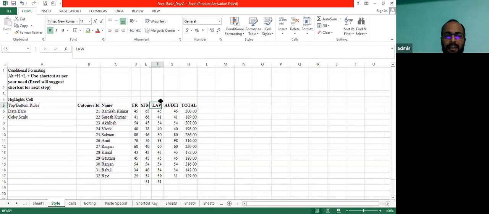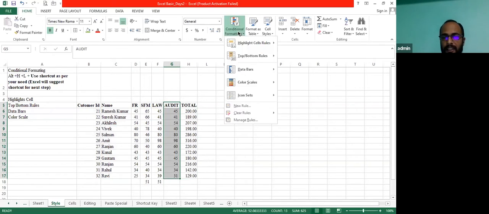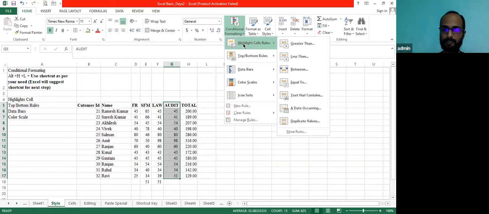For implementing the options, we need to select some table or data. Then we will click on Conditional Formatting, and it will give a number of options to choose from. First I'll be discussing Highlight Cells Rules. You can see we have many options here, and the first option is Greater Than. This will allow us to set a condition.